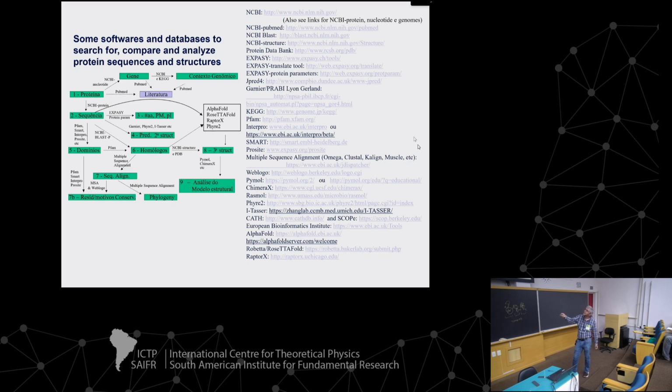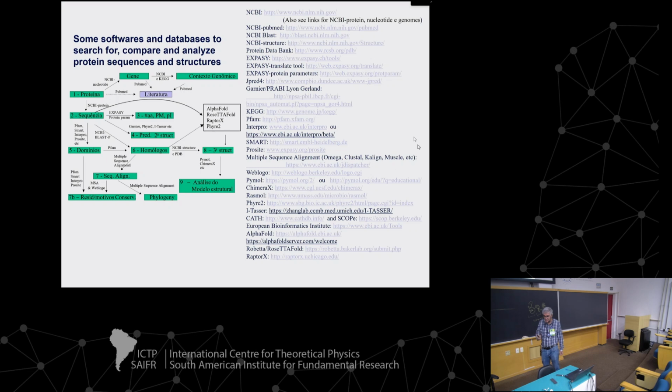So this huge amount of sequences that have come about over the last years have allowed the production of algorithms that are much more successful in predicting three-dimensional structure, okay? And then you can use molecular graphics programs to analyze a model of the structure, okay? So what I'm going to do now is sit at my computer and try